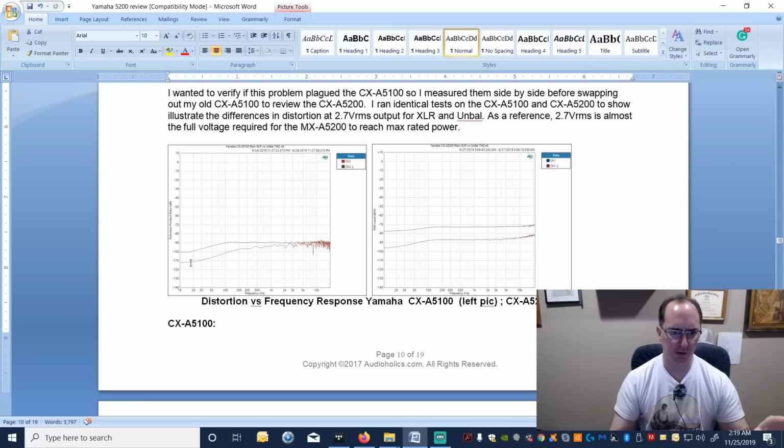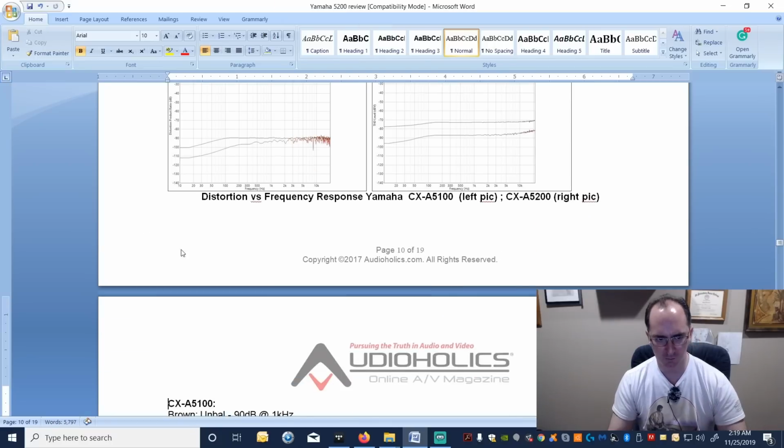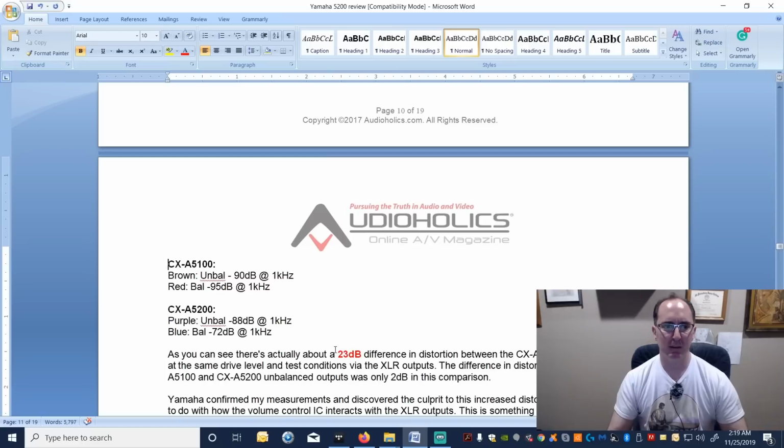That just cancels out probably the power supply noise that we were seeing because of the plus and minus phase cancellations. But above 500 hertz, they pretty much track. And it's really low, like minus 90 dB distortion. Well, when you look at the 5200, these are out of the front outputs. Holy cow, the balanced outputs are like at minus 70, and the unbalanced are a little bit above minus 90. So when you do a direct comparison, there's about a 23 dB difference in distortion between the 5100 and the 5200. That's pretty surprising. It's surprising, but it's probably not audible because I've done a lot of listening tests